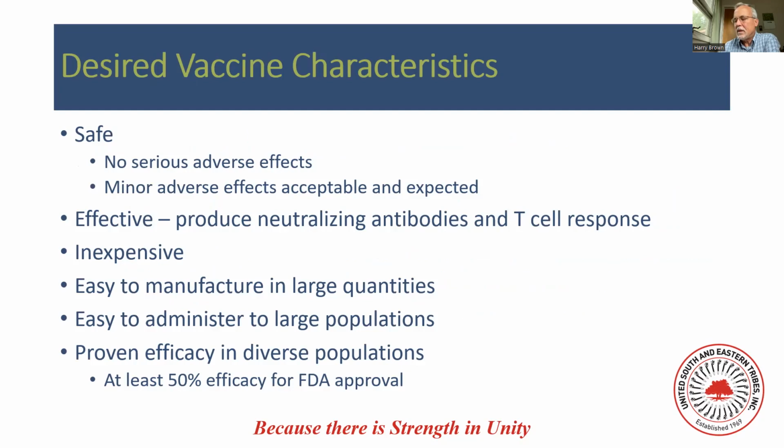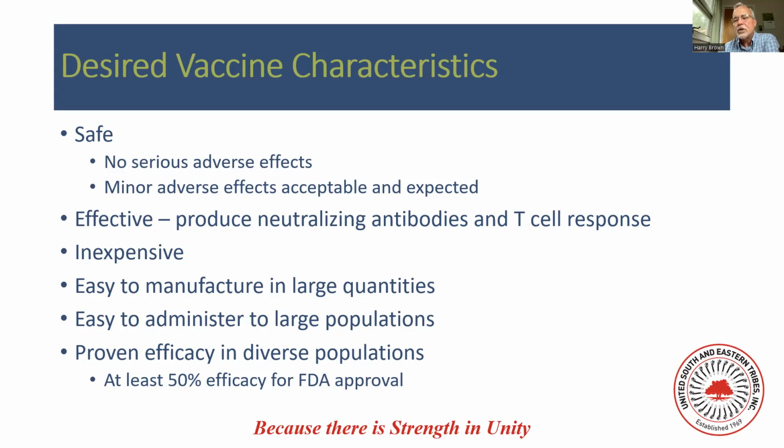Many people worry about vaccine safety. The ideal vaccine would be safe. It wouldn't have any serious adverse effects. It would be effective. It would produce both a B cell and a T cell response. It'd be inexpensive to develop and manufacture. It'd be easy to make lots of it and easy to give to large populations. And it would also need to be proven